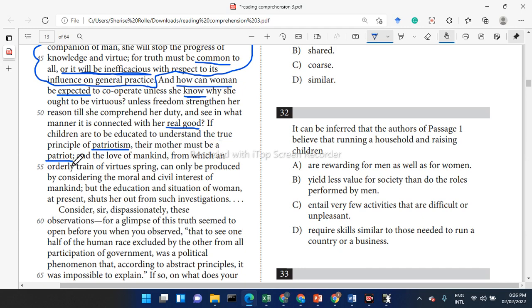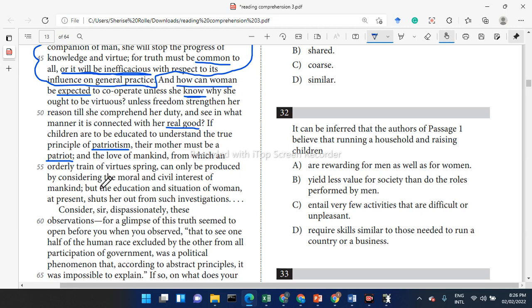That's a good one. She's saying that, hey, how are you going to, the mother's the one who's going to teach them about love of country and the freedoms of the land, teaching them culture and history. And if she is not convinced of these things, or if she don't know of these things, or if she don't appreciate these things, then how can she train the children? That's the case she's making.